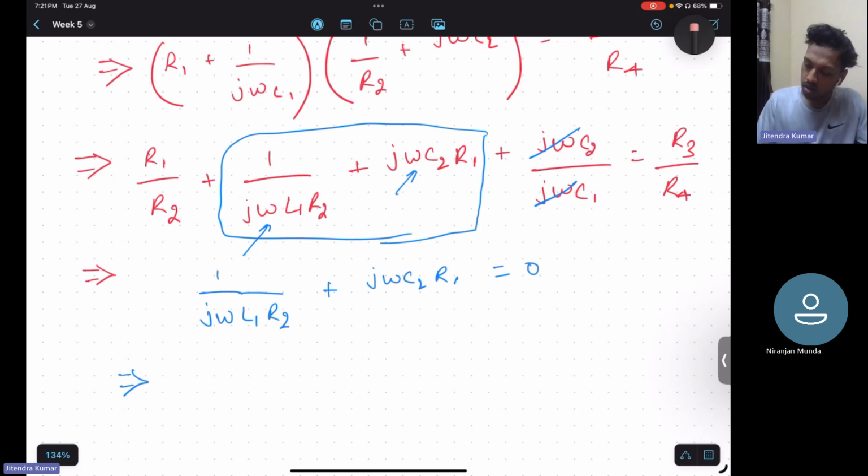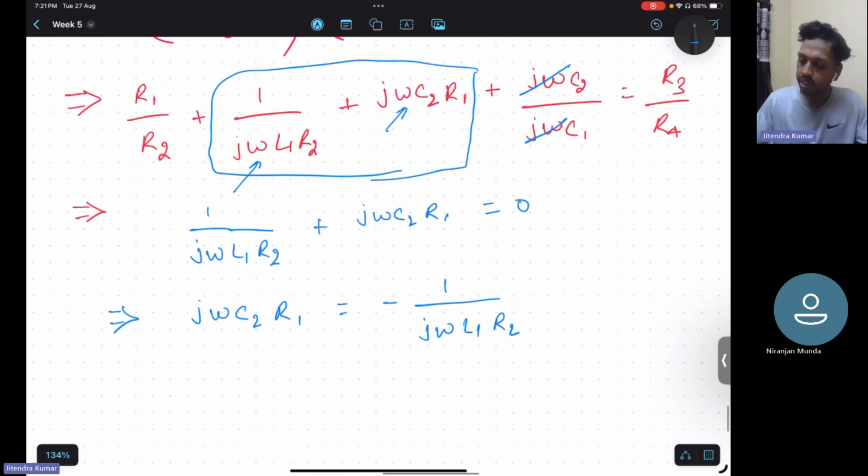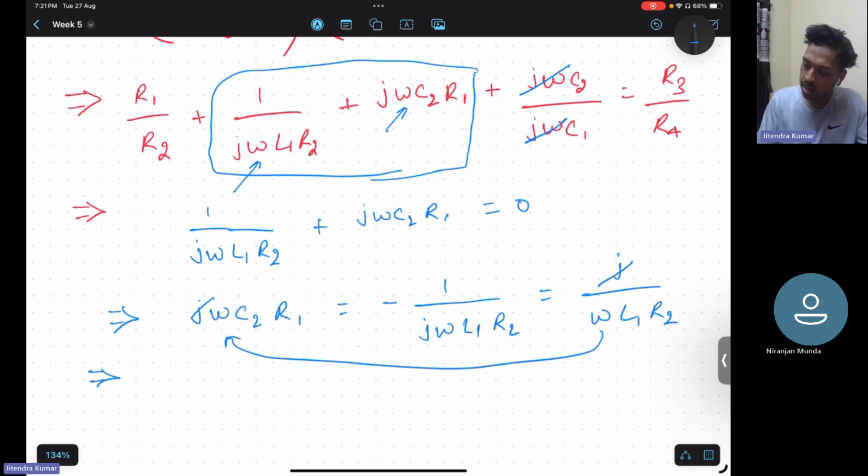So j omega C2 R1 is equal to minus 1 by j omega L1 R2. Okay, this j, if you take it in the numerator, this negative sign will become positive. So j by omega L1 R2. So this j and j will cancel out, and this omega will come on this side. This will be omega square is equal to